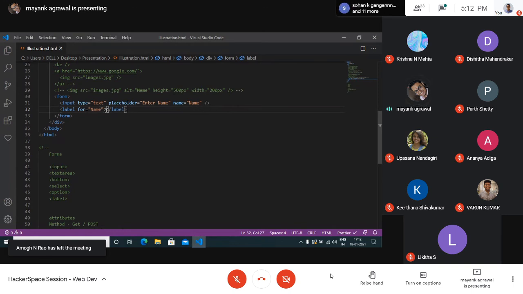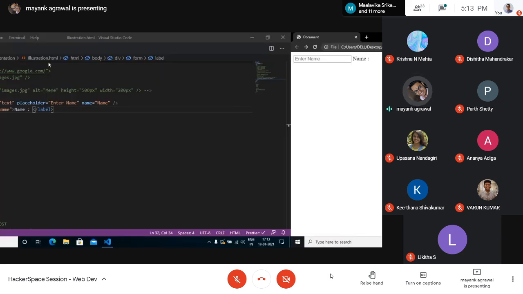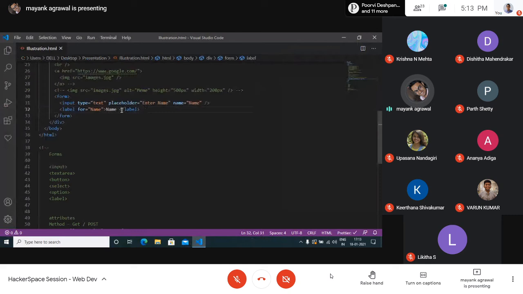After this, I'll mention name colon, save. So you'll see that there's this label added, just beside it, and it says that this is for name. So this is what a label tag does, and this is what an input tag does. These two you'll be using most often, input and label.